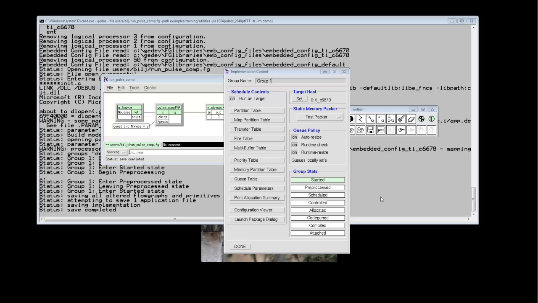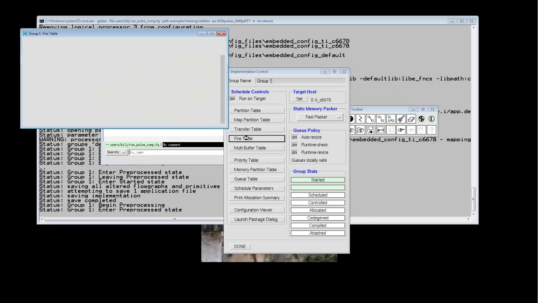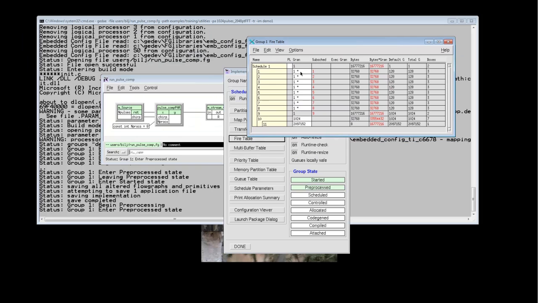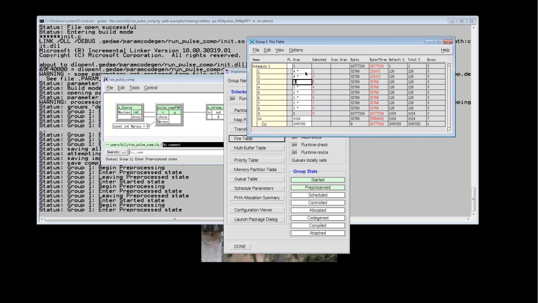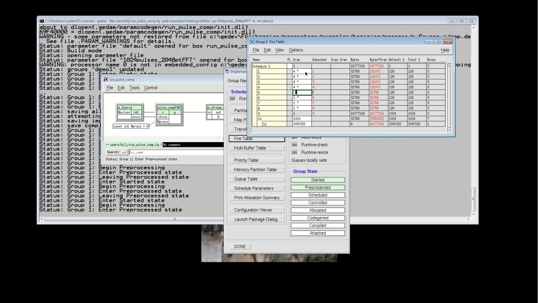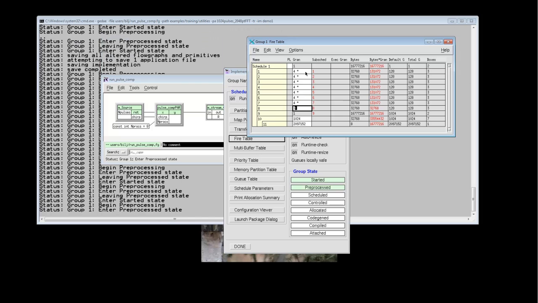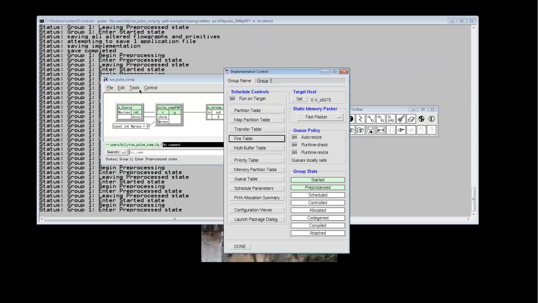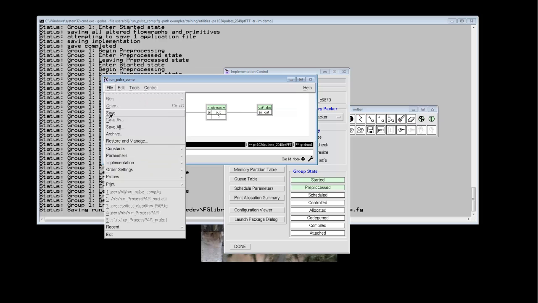In this phase of the optimization, we're going to increase the granularity of the firing in the fire table. As you recall, our granularity was equal to 1, and we want to see if we increase that so it better fits, or is more suitable for, the L2 cache size, whether we get better performance. So I'm going to change all of these from 1 to 4, and so instead of firing 128 times with a granularity of 1, it's going to fire 32 times with a granularity of 4. So we simply make that change, and we'll save the group settings,